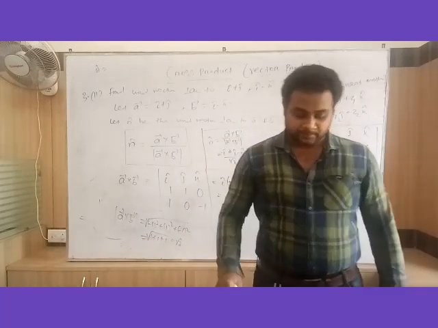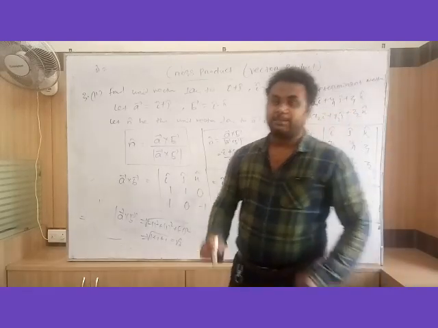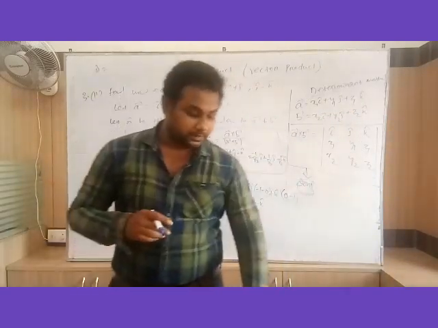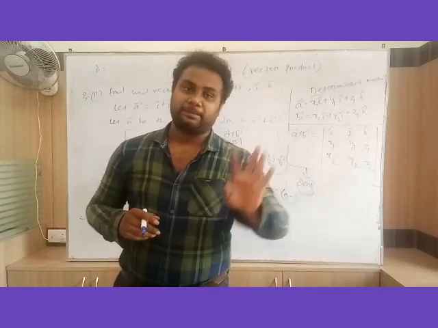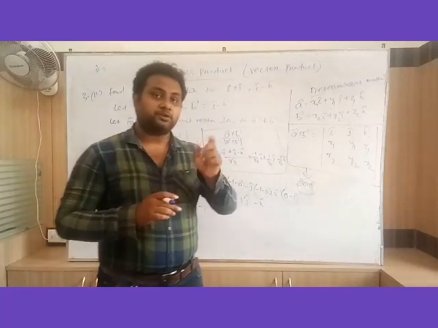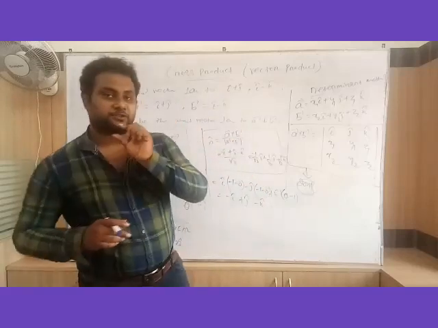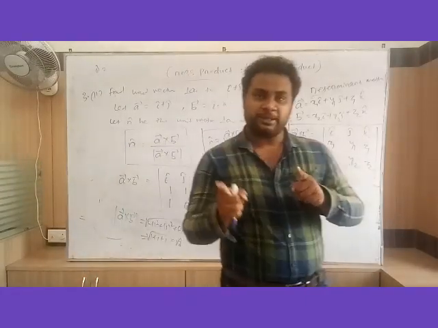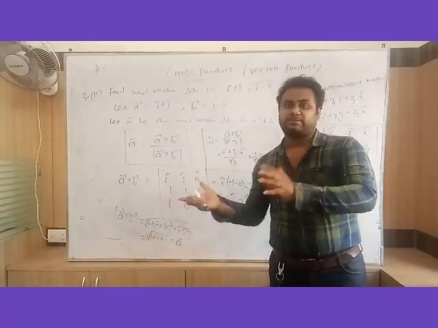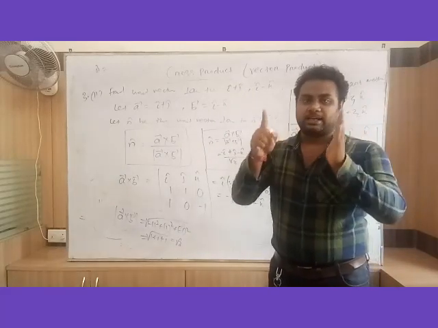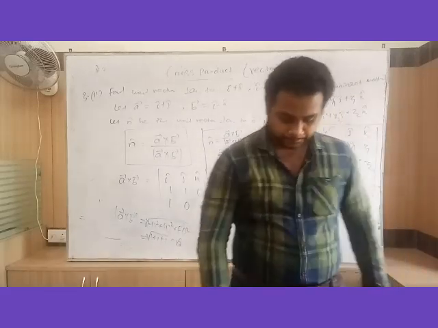of AB cross AC. Then come to question number 6, determine the sine of the angle. That means sine theta. You know the formula. Take the first vector as A, second vector as B, then find A cross B, then also find the magnitudes, A magnitude and B magnitude. You know the value of sine theta is magnitude of A cross B divided by magnitude of A into magnitude of B. So you have to first find out A cross B, then magnitude of A cross B, then magnitude of A and magnitude of B. Then put these values in the formula. Sine theta equals A cross B magnitude divided by magnitude of A into magnitude of B.